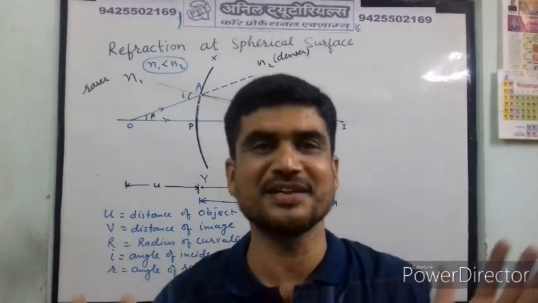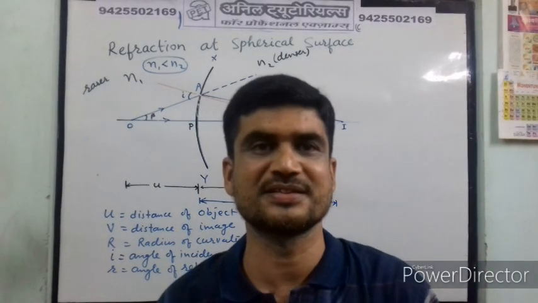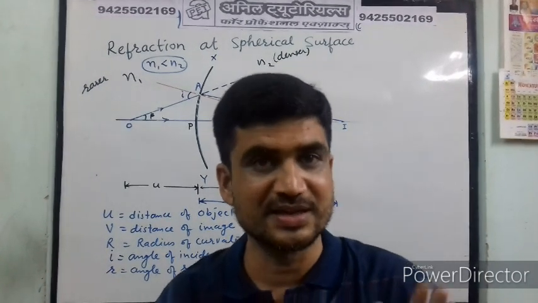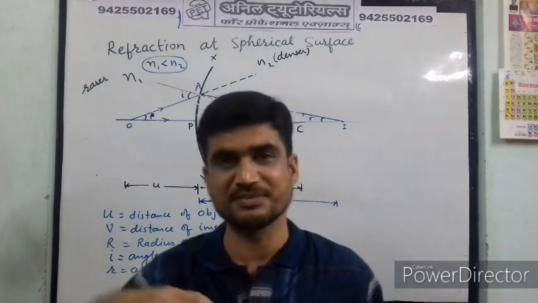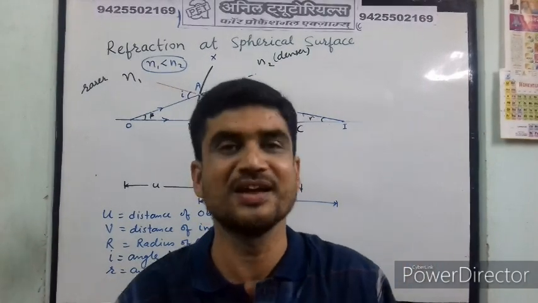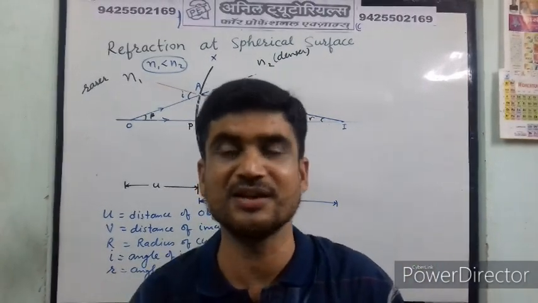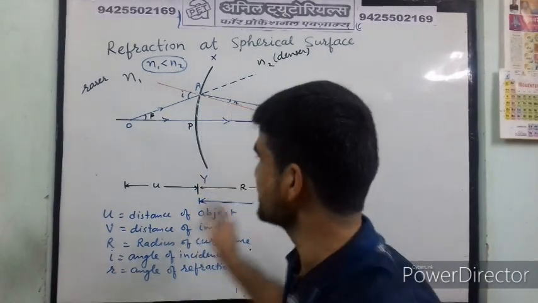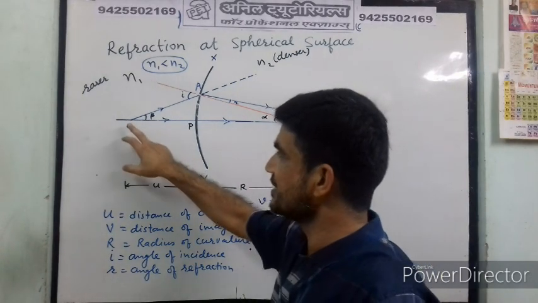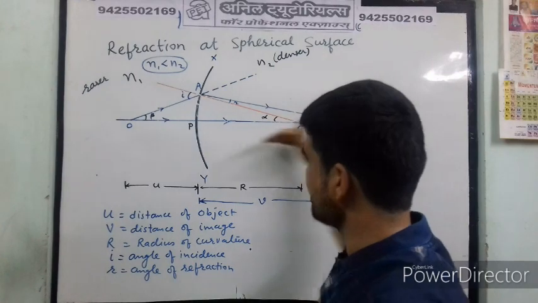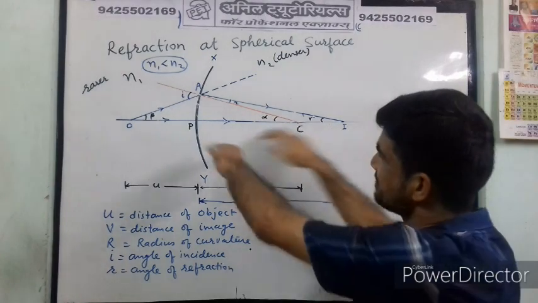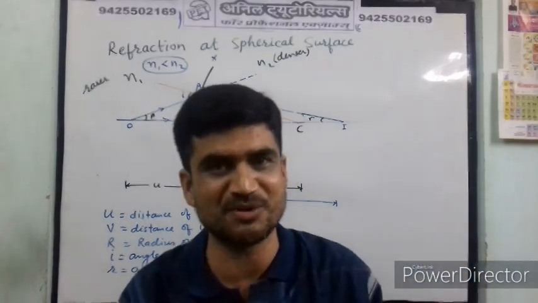Okay, see, we are taking the image distance, object distance, and the radius of curvature as quite large values as compared to the aperture of the surface. These values are big, hence we can see the angles are very small. So the angle of incidence I is also very small, the angle of refraction R is also very small, and alpha, beta, gamma, these angles I suppose here. Alpha is the angle made by the normal with the principal axis, beta is the angle made by the incident ray with the principal axis, and gamma is the angle made by the refracted ray with the principal axis. So these angles are also very small angles.